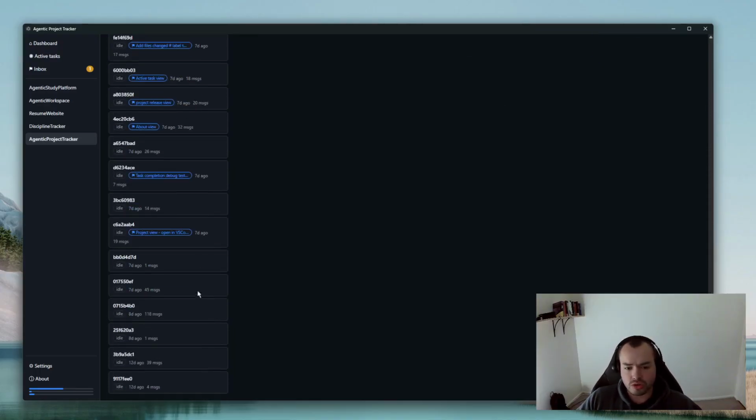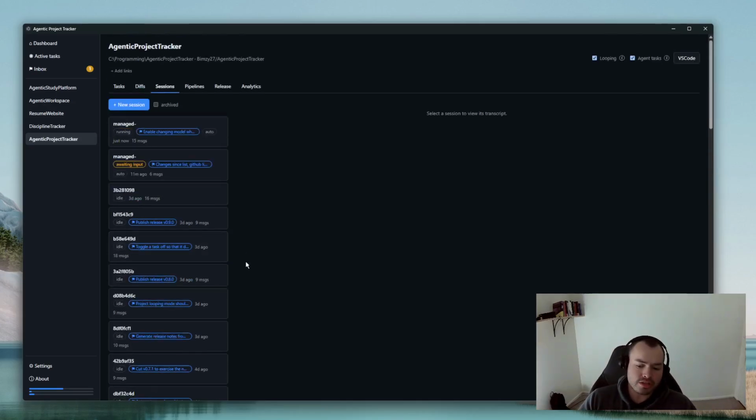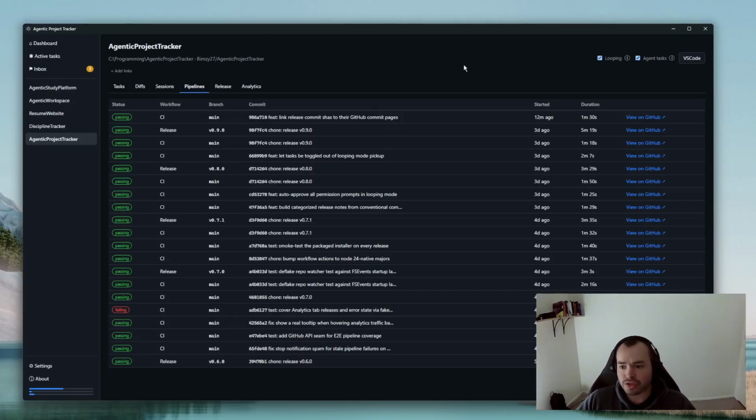And this is a historical visualization of like all the different chat sessions. So if I am, for instance, working in the CLI and have a session with Claude where Claude is managing a bunch of tasks and performing a bunch of code changes, I'm able to then also see that same session in this dashboard here. I have a configuration for pipelines, so assuming it is a GitHub repository and I've got